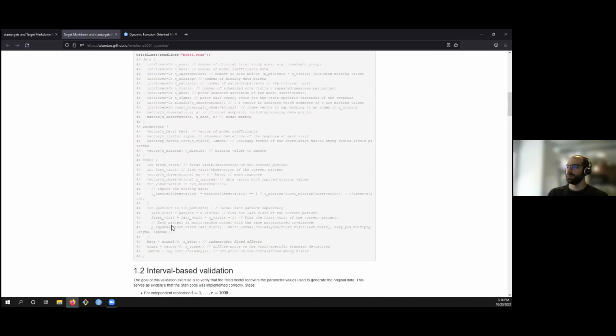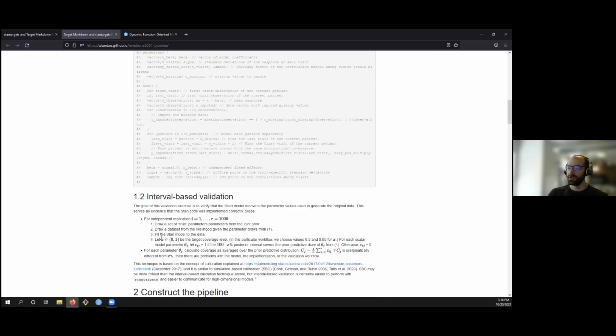In the model specification, we assign our prior distributions, and then in the likelihood we do some work to handle missing values. In typical Bayesian fashion, we impute these as we're fitting the model, just like model parameters.